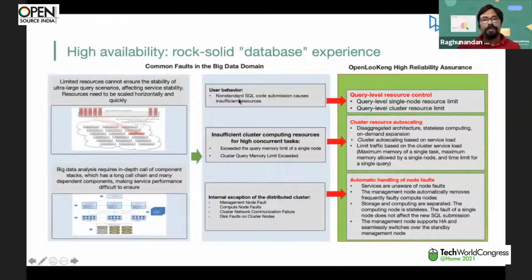So you may have to build multiple systems for that. You may have to bring a per query resource limit. How do you control the memory or the resources per node? If one of the nodes goes down, how do you manage? How can you transfer that task onto another node so that the data execution is successful and the data can be returned back? And also if one of the nodes goes down, when we use an OpenLooKeng solution,